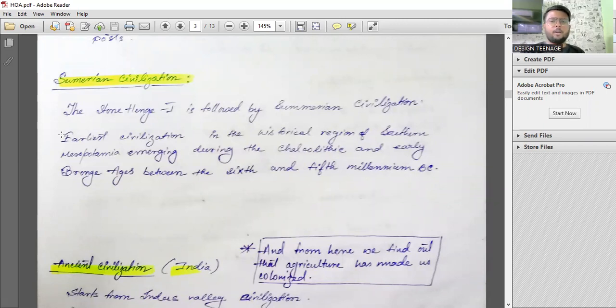Now, all these things are based on what historians have perceived from their study. So what is true today might not be true tomorrow after a recent discovery. You must keep in mind that all these things are subject to the discoveries which are being made at a certain point of time. For example, 500 years back from now, historians were also there, and whatever they had discovered till then was the latest thing. What is there today is as far as the latest discoveries have been done. Now, let's move ahead.